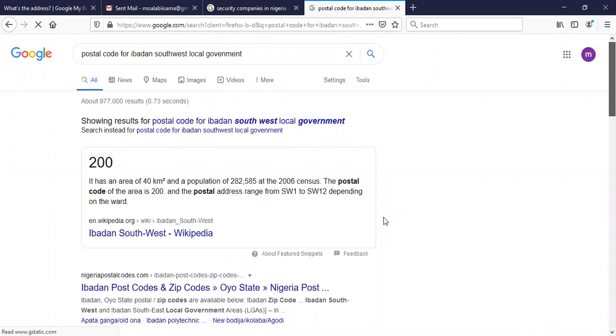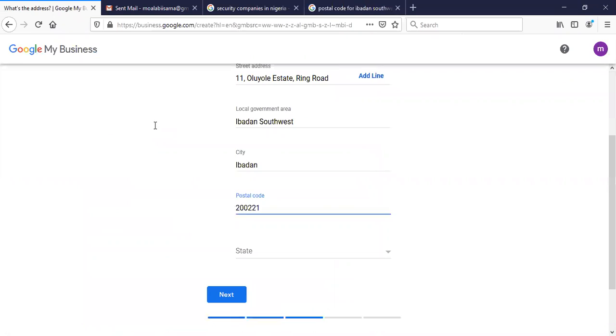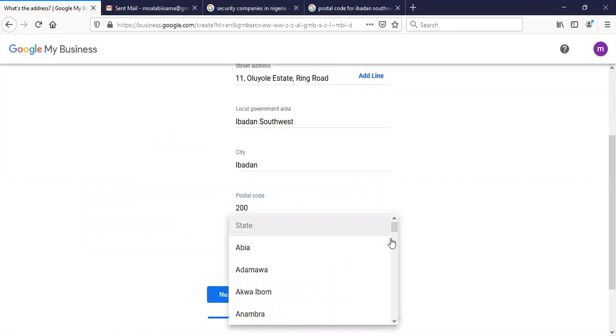Okay, it says it has a postal code of the area is 200. The state is Oyo.